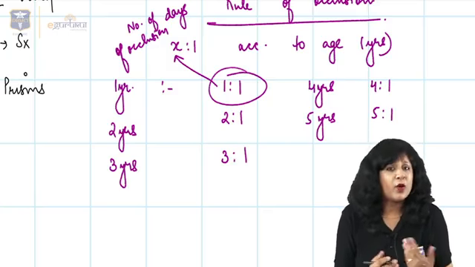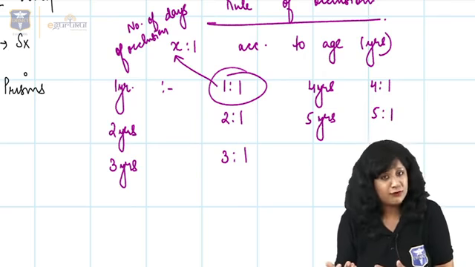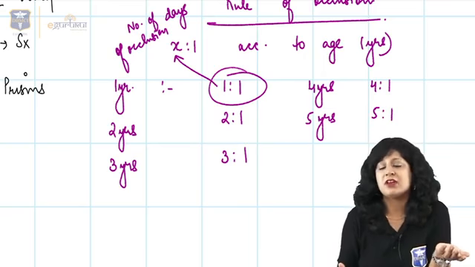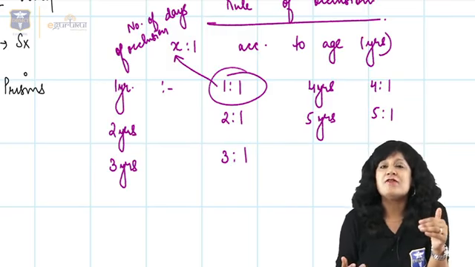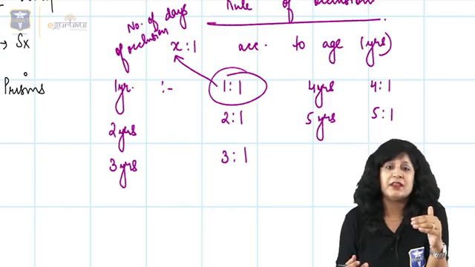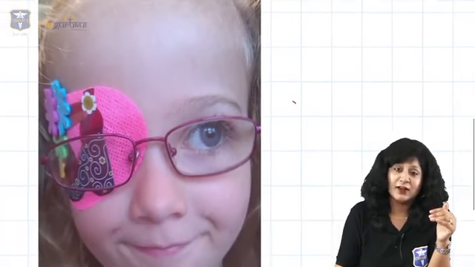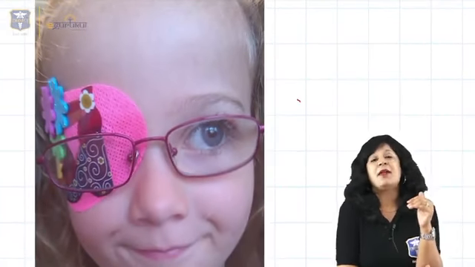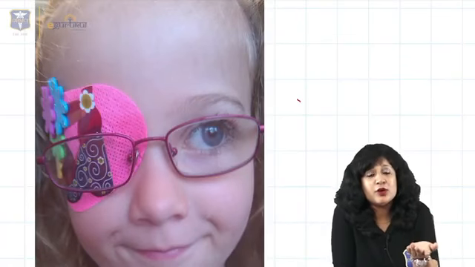Now don't do it beyond 6 years, because after 6 years the eye becomes refractory, amblyopia becomes refractory and you do not have much of the benefit. So this is the way we are giving the occlusion therapy. That is very, very important. Now it is very easy to say, but it is very difficult to do. Can you expect a 3-year-old child to allow the occlusion?